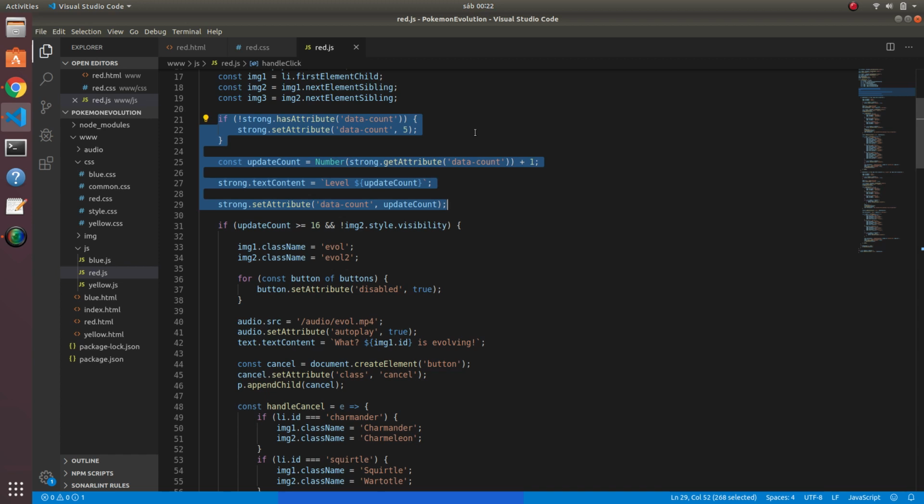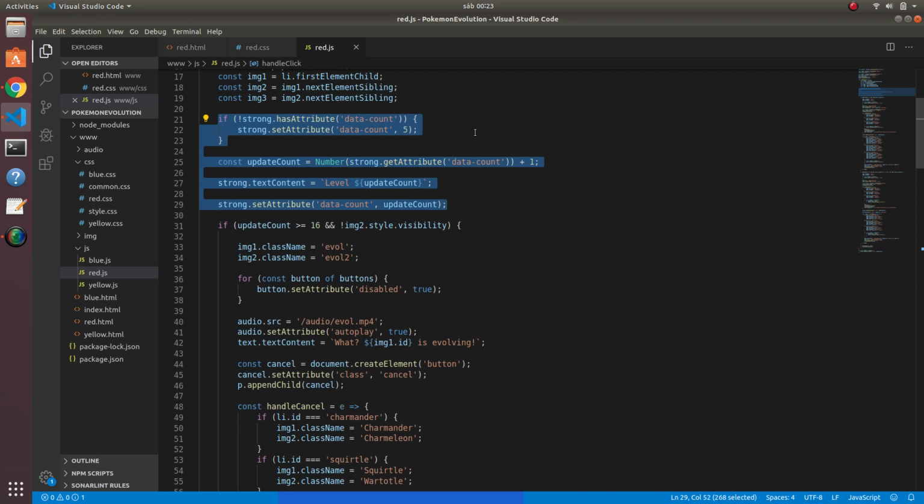None of them have the data count, so we are creating it the first time we click, and this data count is going to be updated. Any time we click, the data count goes one number more,